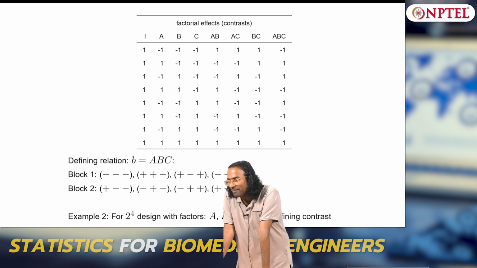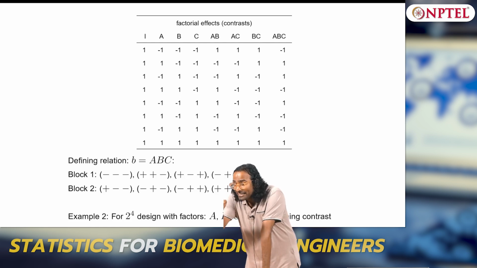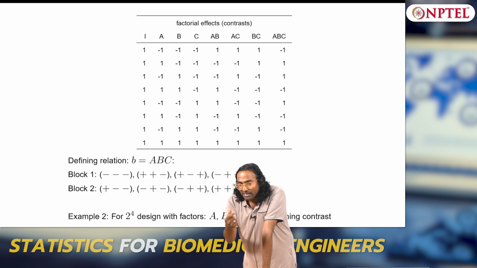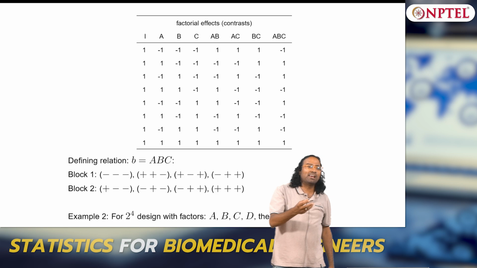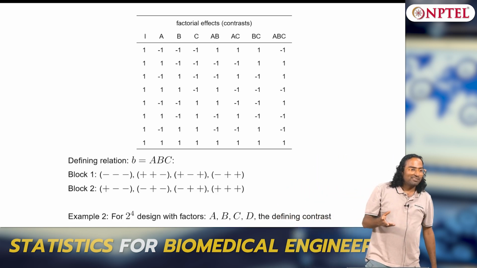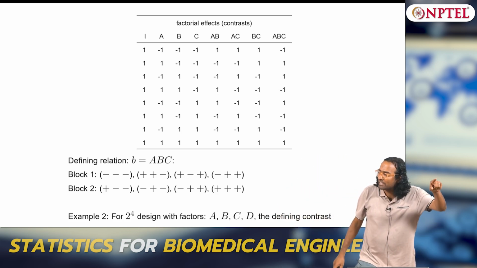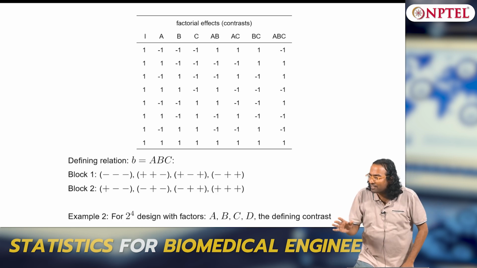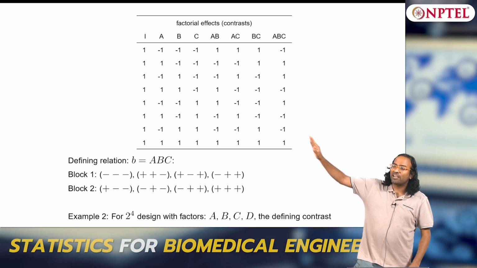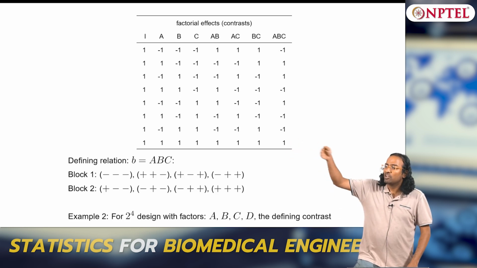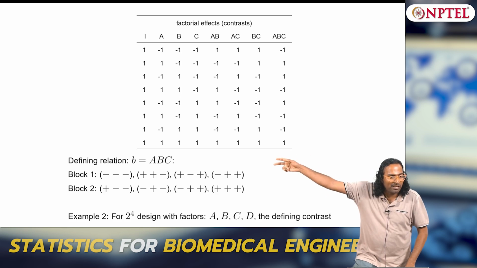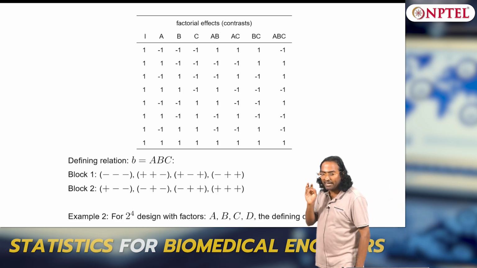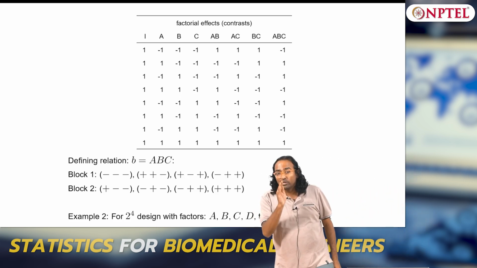So sacrificing a main effect is not a great idea, and an interaction becomes useful only if at least one of the main effects is significant. If both A and B are insignificant, AB will have no meaning, right. In the AB interaction at least one has to be significant. So doing away with A or B, the main effects, is not a great idea. Sacrificing the highest order interaction is good because the lower order interactions will give me an idea about the higher order interactions. You are sacrificing, so you will not get a clear answer, but what is the best way to do it is what I am saying.